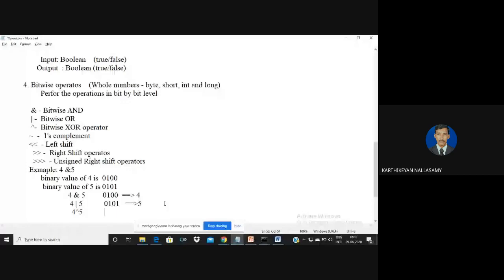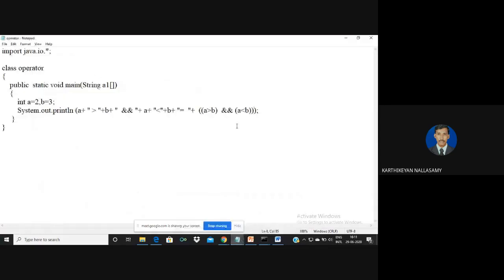So for 4 and 5, using these two binary values, the bits are the same in the first three places, so the answer is 0, 0, 0 and 1, which shows the difference is 1.